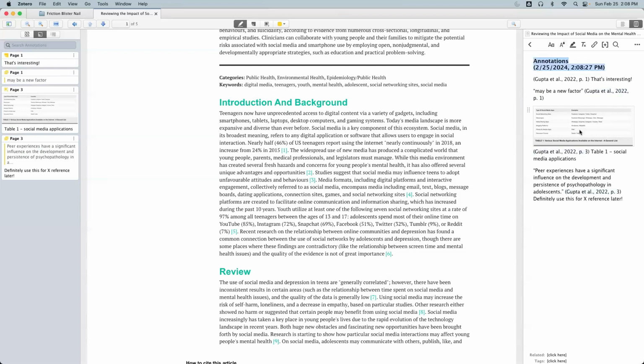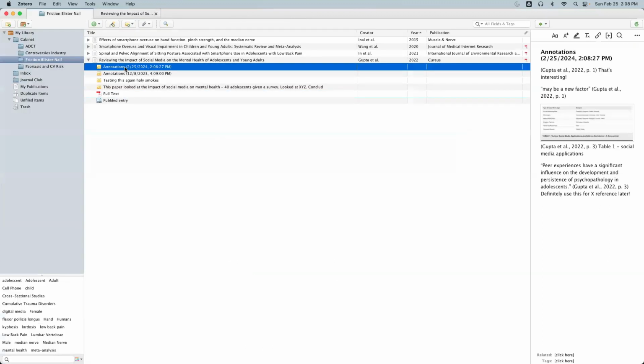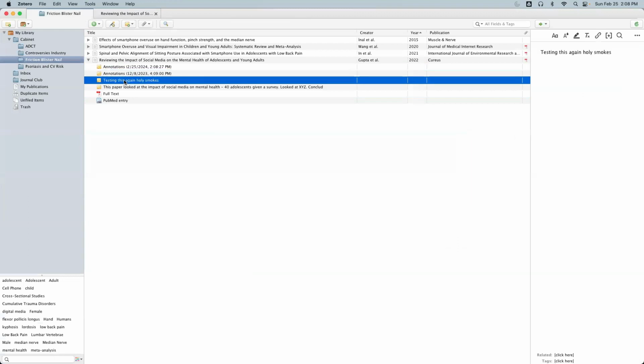And then you can rename this if you want to, but you don't have to. And then you can have multiple papers up at once. So let's see. And also, if you see here, annotations, what I just created, this was from prior. This is when I was like, oh my gosh, this is the coolest thing ever,